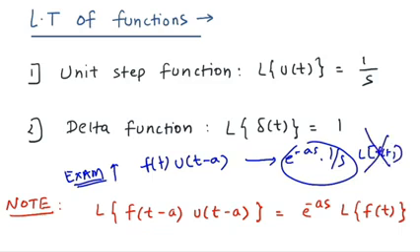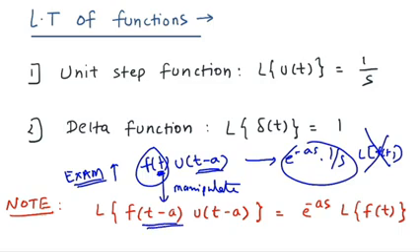This is not true. In this case, what you have to do is change this function's time to t minus a. Basically, you have to do the manipulations, and you have to shift the position of time of the given function f of t. So f of t, the position is at 0 originally. Now you are shifting it to the position of your step function. So the step function is at t minus a, then the original function is also shifted to t minus a.